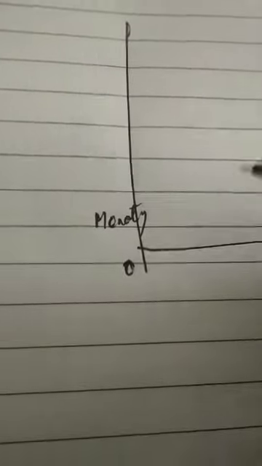Observe this bar graph, which is showing the sale of shirts in a ready-made shop from Monday to Saturday. Here, the days are represented on the vertical axis. This is 0. This is for Monday. This is for Tuesday. This is Wednesday. This is Thursday. This is Friday, and this is Saturday.